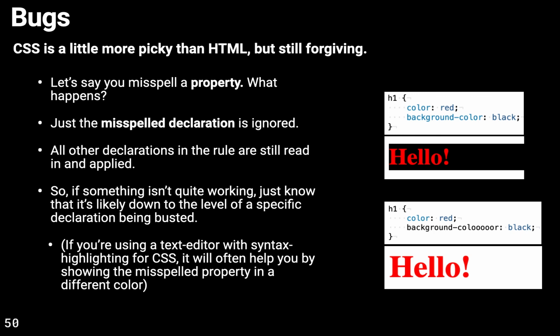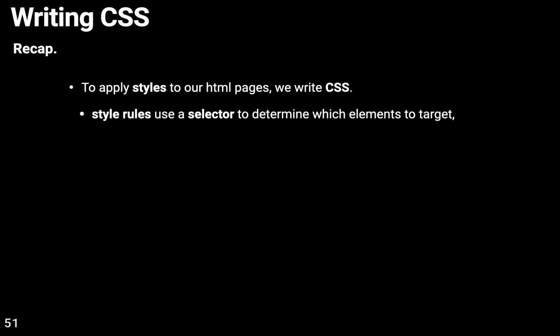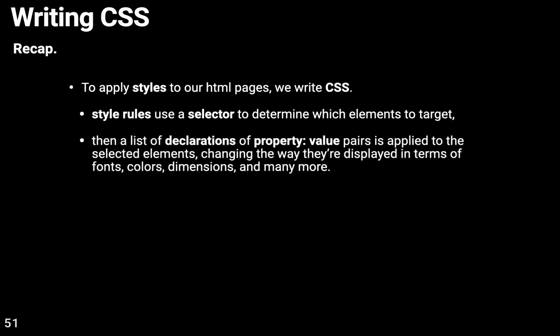Okay, so that brings us to the end of our segment on writing CSS. Recap. All right. If we want to apply styles to our HTML pages, we write CSS. Style rules use a selector to determine which elements to target, and then a list of declarations of properties and values, property-value pairs, is applied to the selected elements, changing the way they're displayed in terms of fonts, colors, dimensions,